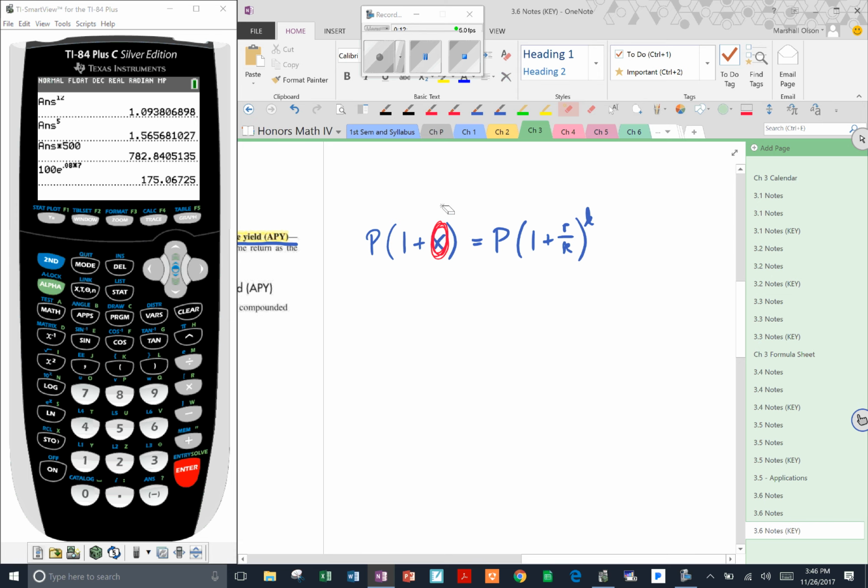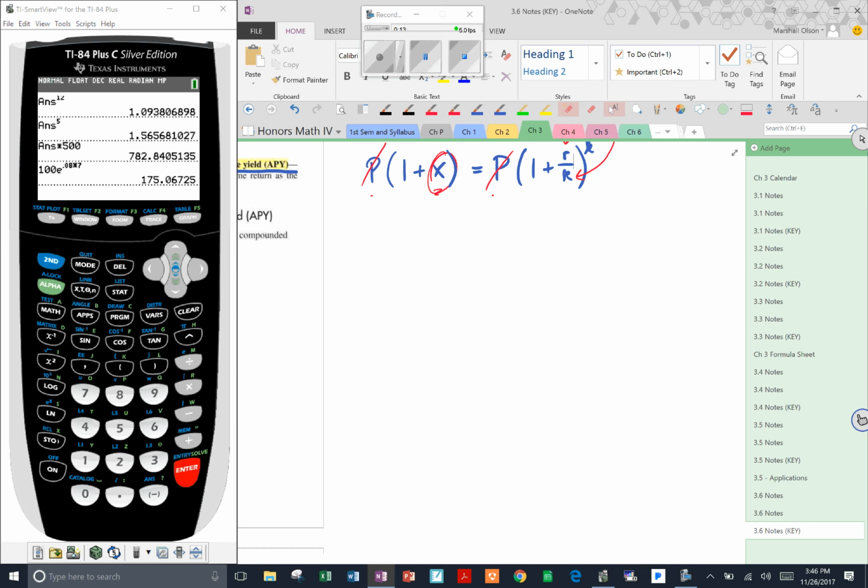Well, the first thing I'd like you to notice is we could divide both sides by P. We don't even have to take into consideration what the principal is. Right? We can then solve for X if we know what the rate is compounded at how many times, which is actually the same thing there. This is the number of compounded times in a year. This is the rate. Okay, if we know those two things, we can solve for X then. And again, the principal is the same in either case, so we don't need to worry about it. So in this example right here,